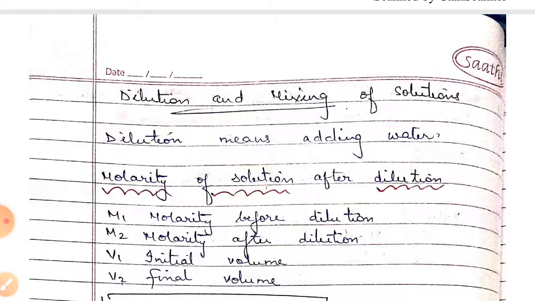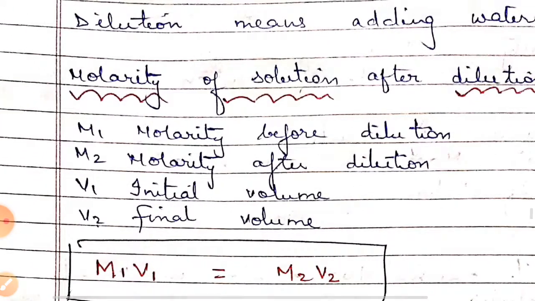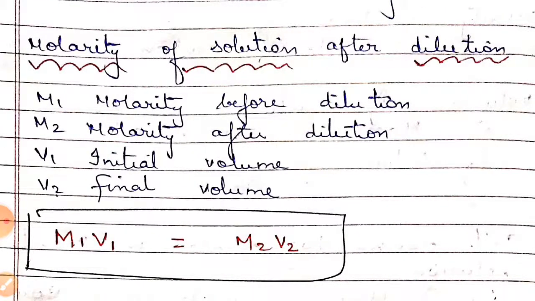So the process of dilution, when it takes place, results in a change in concentration. If you have a solution of a certain concentration and you dilute it, then the new solution that you get after adding water will have a lower concentration. And to know what the concentration of the diluted solution would be, we are now discussing this topic. If you are diluting a solution, how will you know the molarity of the new solution? Now you have a relation M1V1 is equal to M2V2.